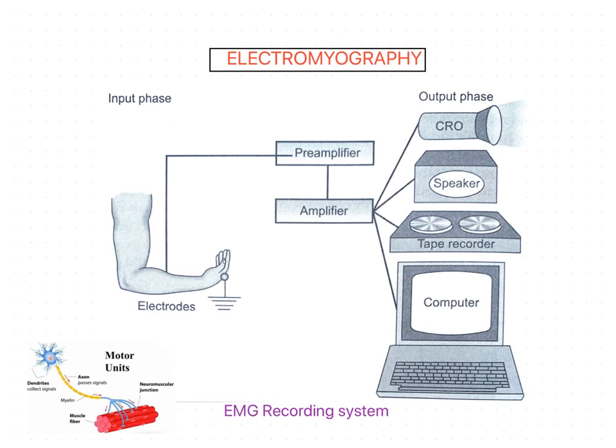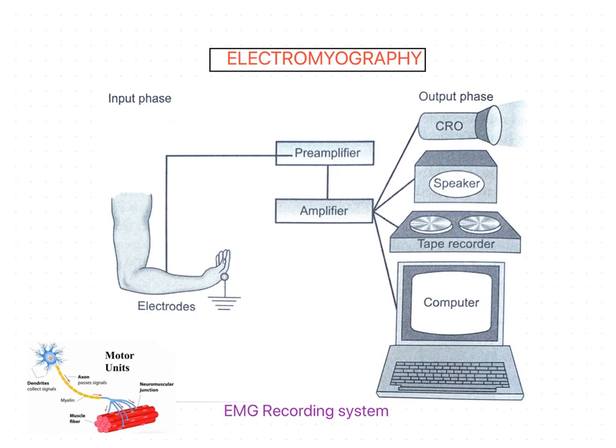Now, in this session, we are going to discuss electromyography. Electromyography is the study of motor unit activity. It involves detecting, amplifying and displaying the electrical changes that occur when a muscle contracts. It provides a powerful tool for documenting the role of muscle in physical activity and for assessing the integrity of